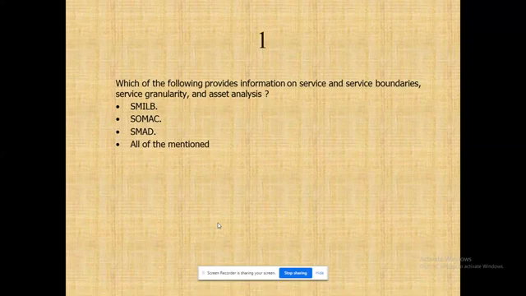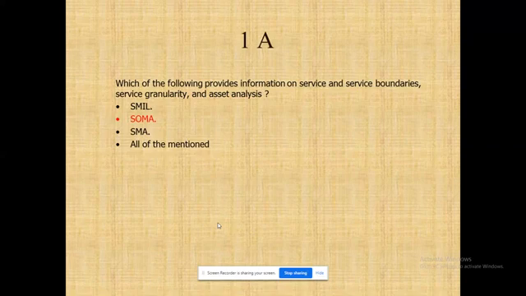Yes, so it's running with service oriented modeling and architecture. This is the topic that we want to introduce in unit 3, right? That will help you to understand these principles. Service boundaries and their information, service granularity, and asset analysis can be done through this, right? Service oriented modeling and analysis.